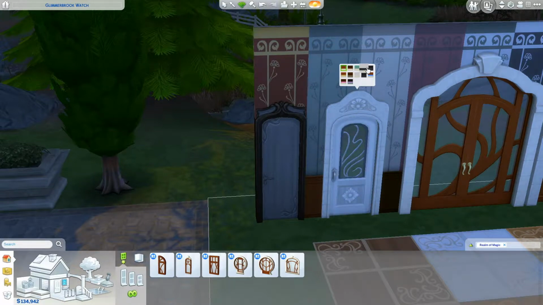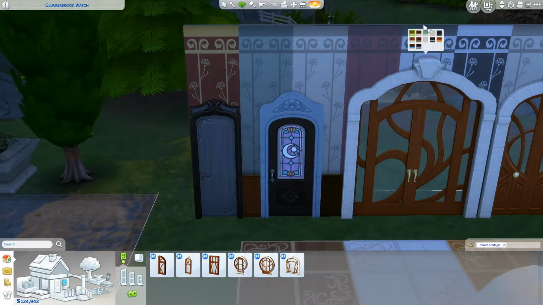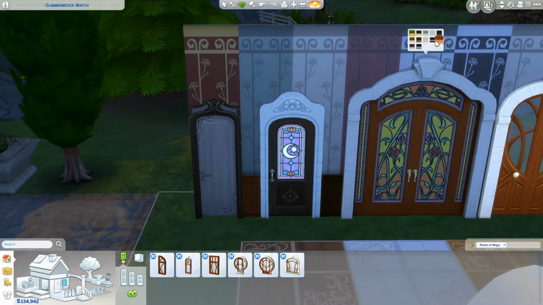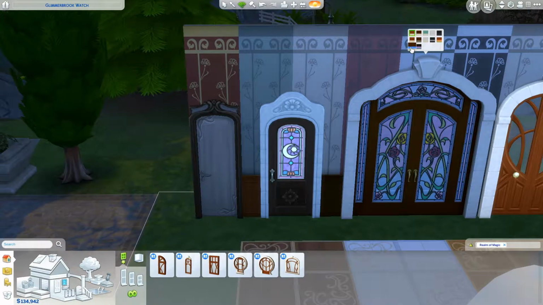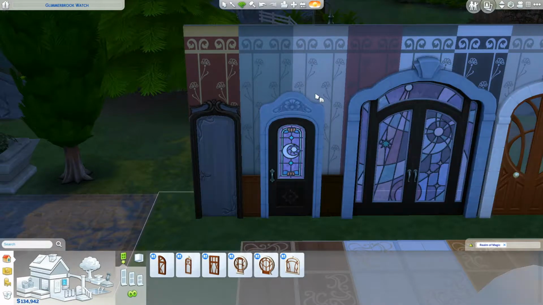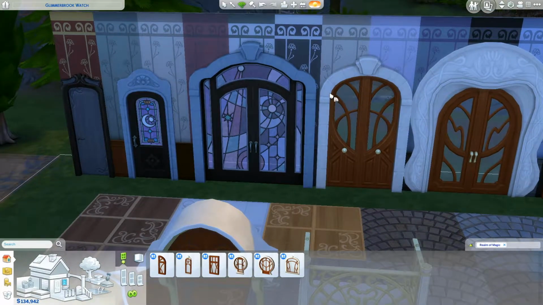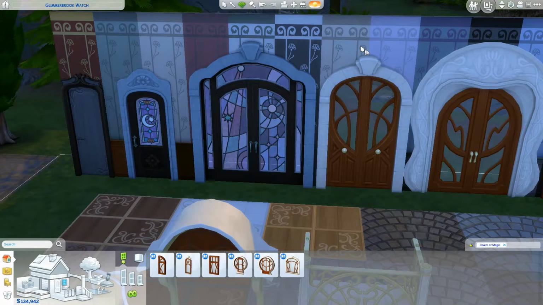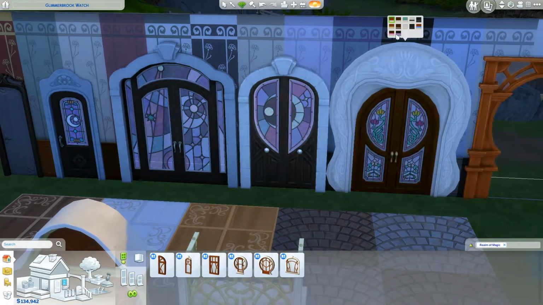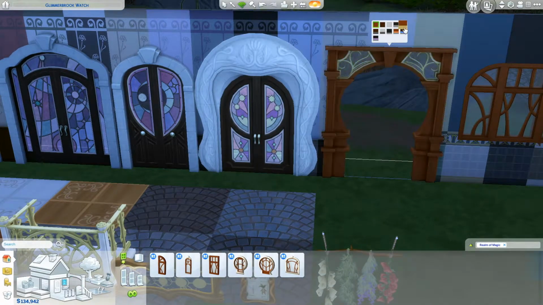and everything matches so wonderfully. The way it matches is just glorious. Some of them are all plain, some of them have some intricate details, some of them have stained glass, beautiful witchy looking stained glass stuff, and yeah, they're all basically the same sort of gorgeousness. Let's just switch. And then we've got this arch which is the same,